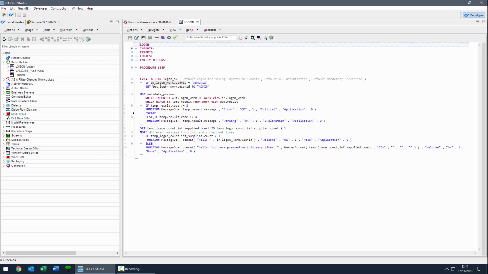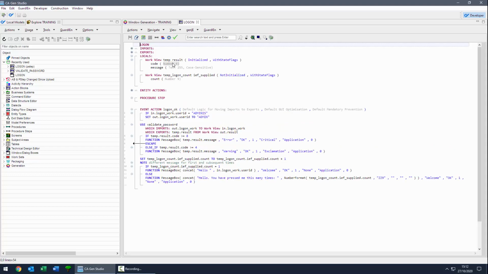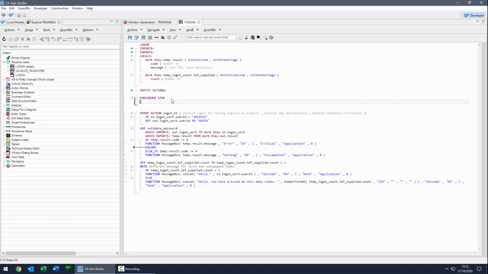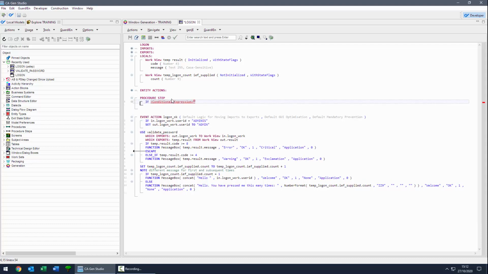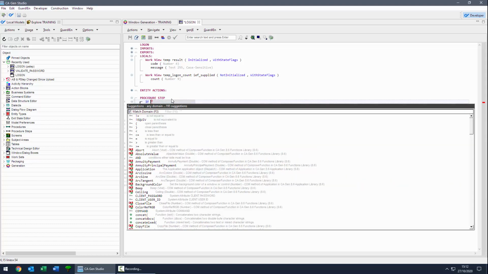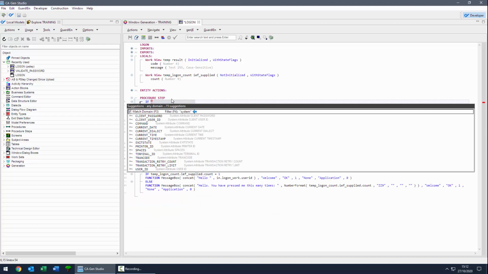In previous modules we've looked at the use of work views to store data, for example our return code or our logon count. In addition to user-defined views, CAGen provides a number of system attributes that are available to you. What I'm going to do is show you all of the system attributes by filtering on System, and here you have a list of the system attributes like current date or current time or the tran code,